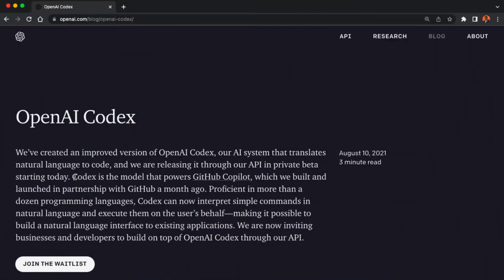The OpenAI Codex model powers GitHub Copilot, and Codex was trained on natural language with billions of lines of source code from public domain, including GitHub repositories. GitHub Copilot was first announced in June 2021, and it has gained popularity very fast, despite still being in an early